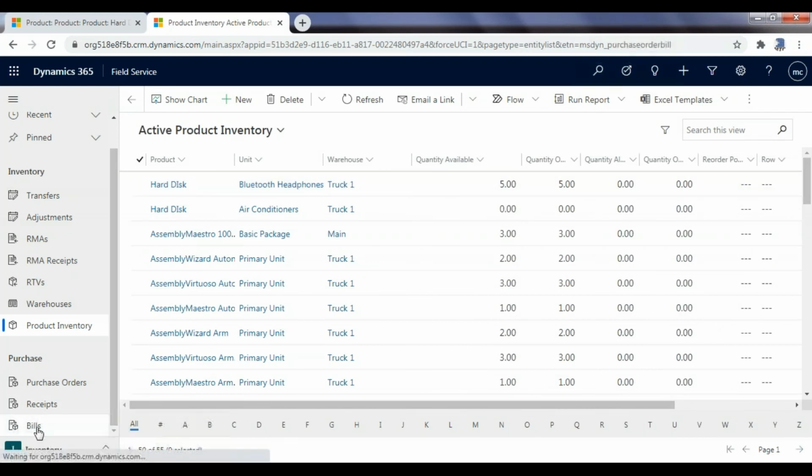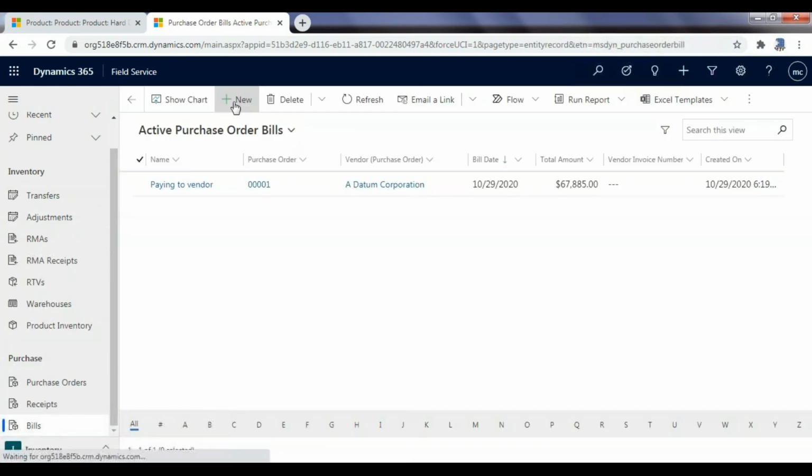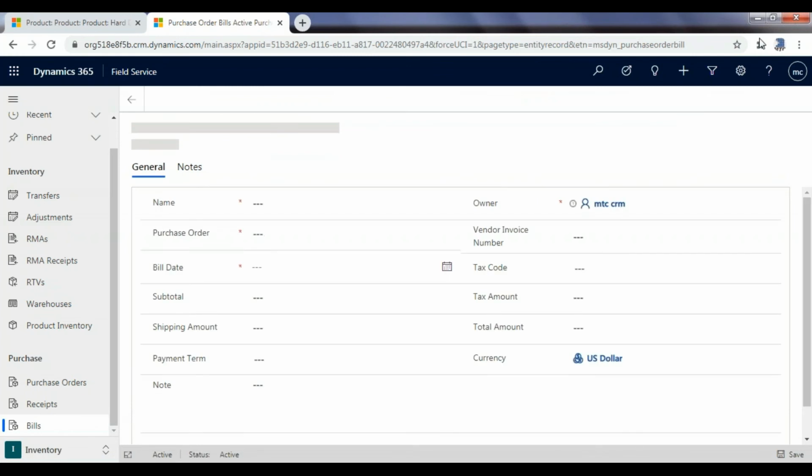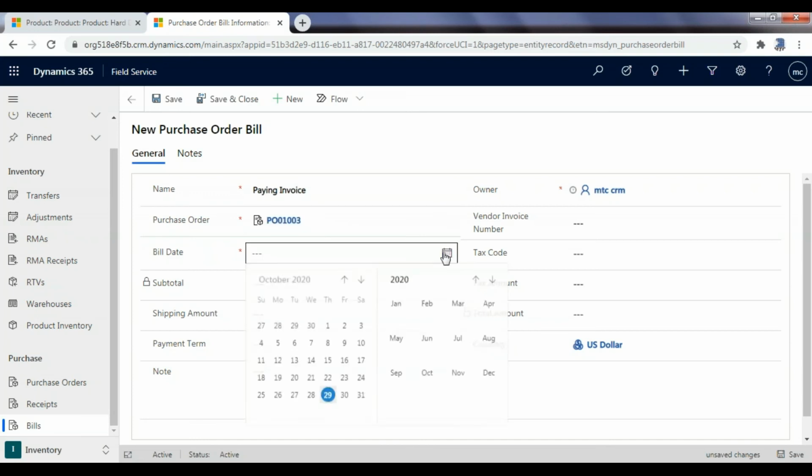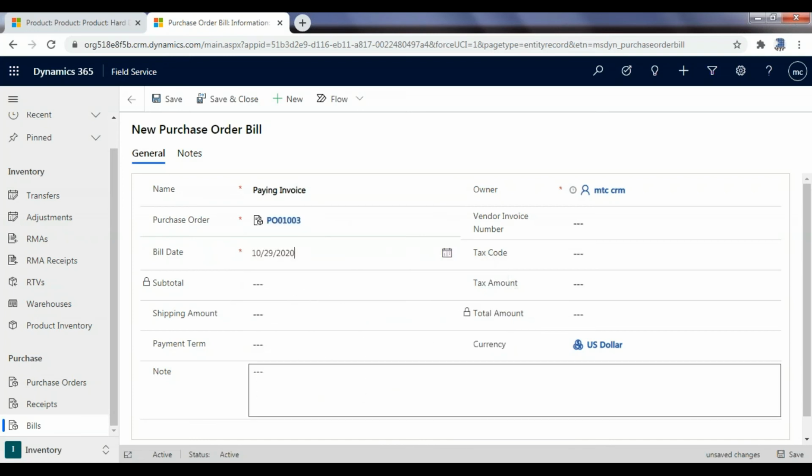Next, navigate to bills and create a new bill. Provide information like name, purchase order value, and bill date.